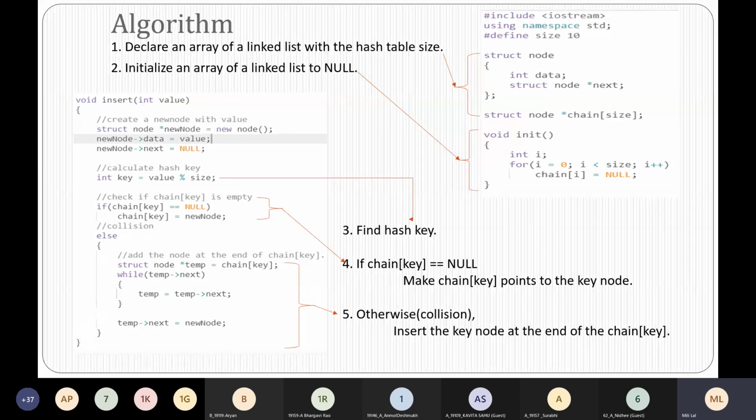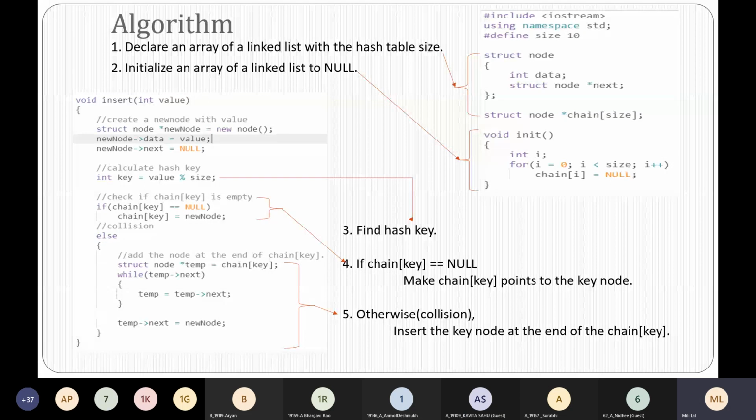An init function is created in which the process of initializing each location of the array to null is done. So I hope the first two statements of the algorithm are clear to everybody. Is it clear? Yes, ma'am. Okay. Please let me know if you don't understand.